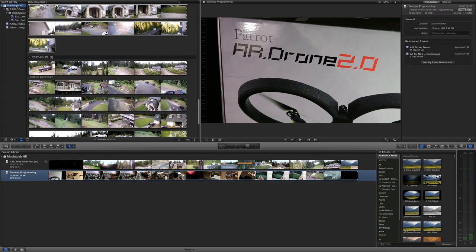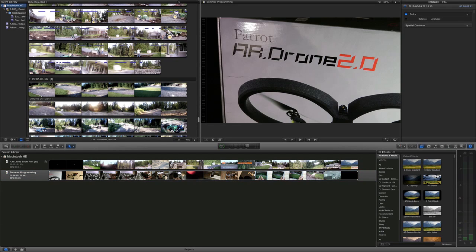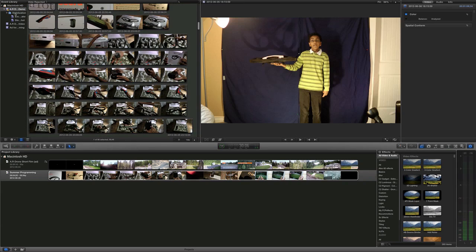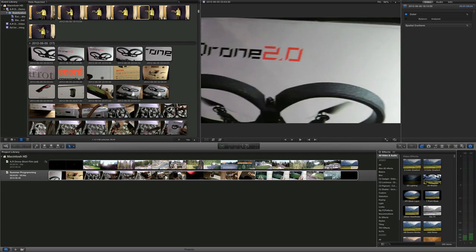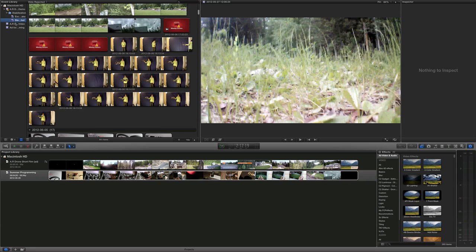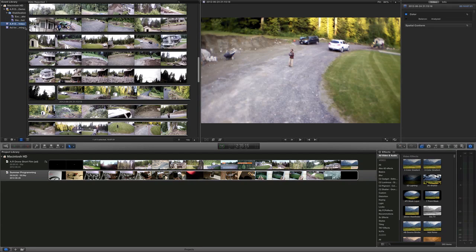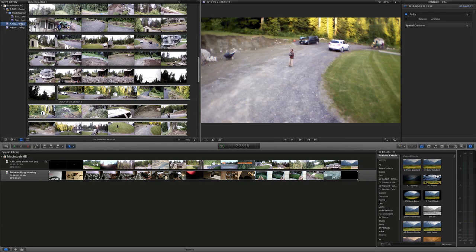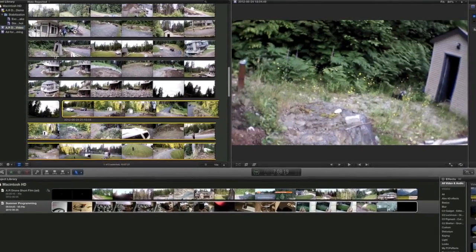Here we have our Macintosh HD or our hard drive, and we have several projects. We have an AR drone demo over here. We also have our stabilization files over here. Ones with extra shake, ones which are steady shot, and also we have two other projects which are here. Now, I will be showing you what these will all do later, but firstly, let's work our way into this